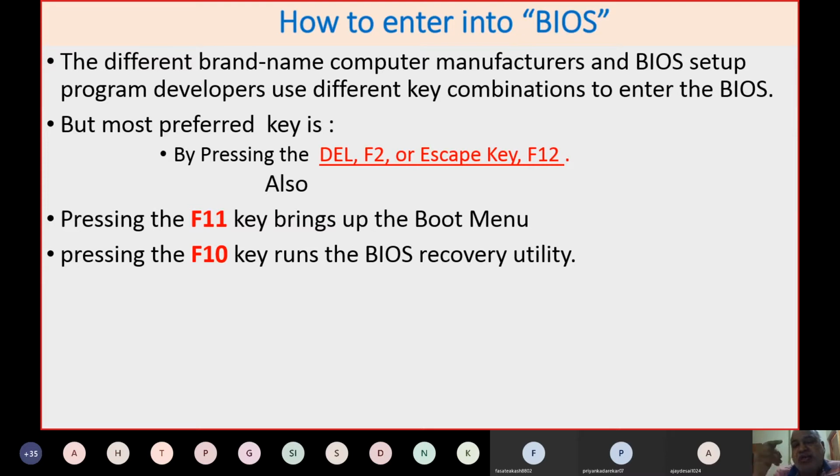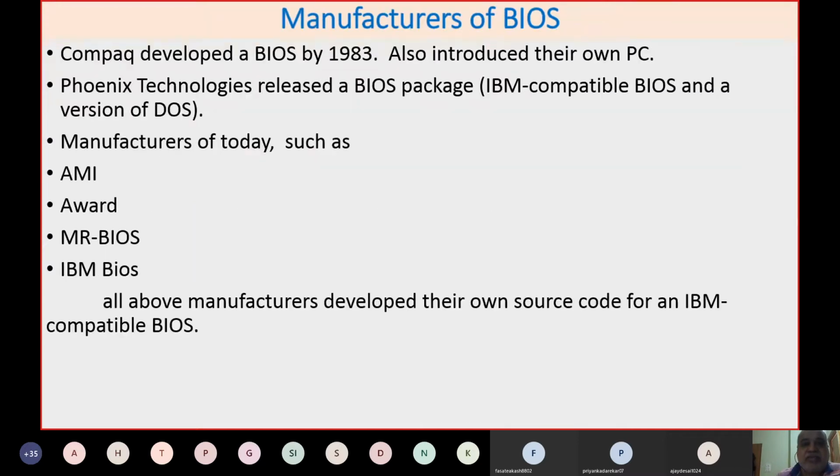Then during starting of the computer, it will search the pen drive first, and from this pen drive it is possible to load your operating system files. So that is why, for any changes in the settings, you need to go into the BIOS.